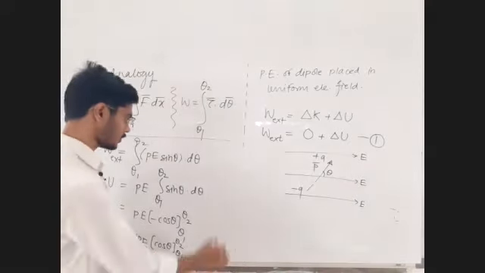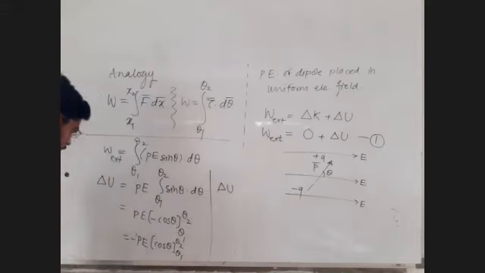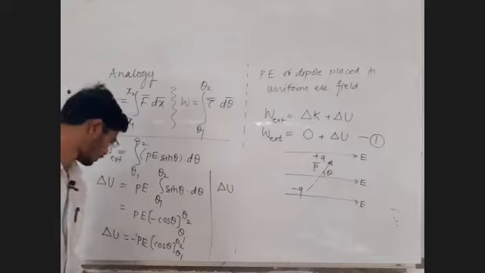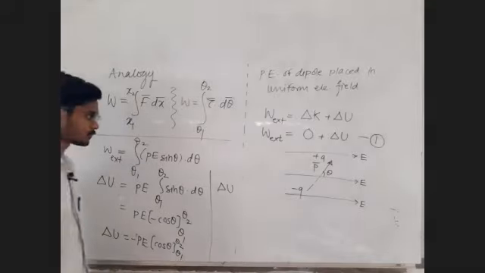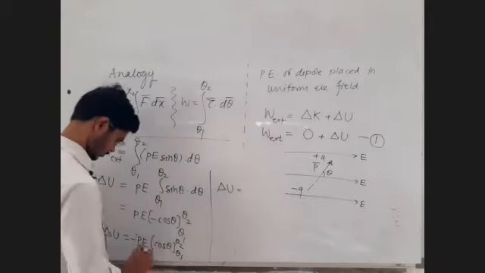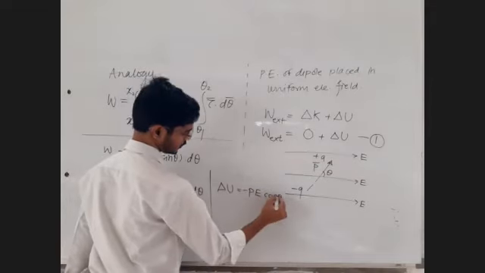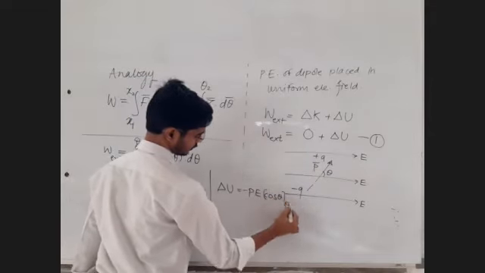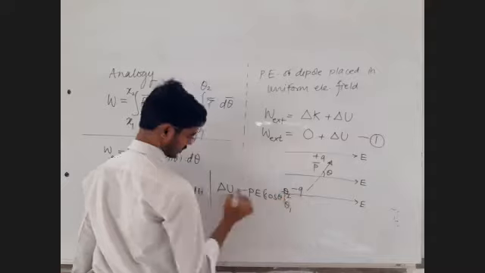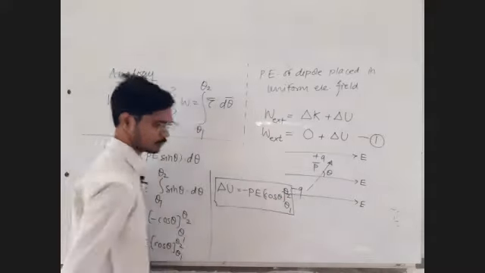That's it. You can have some other rearrangements like this. Delta U, the change in potential energy of the dipole from first position to second position, is minus PE cos theta. Let us write the same formula once again: minus PE cos theta, upper limit, lower limit. Theta 1 is the lower limit, theta 2 is the upper limit. Initial position, final position. Reply in the chat box if this is clear and written.